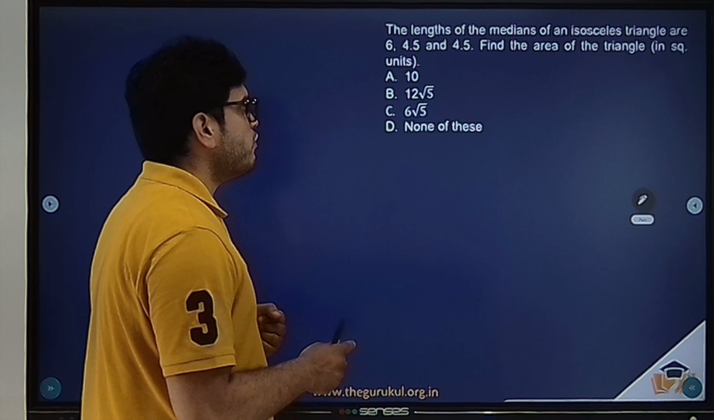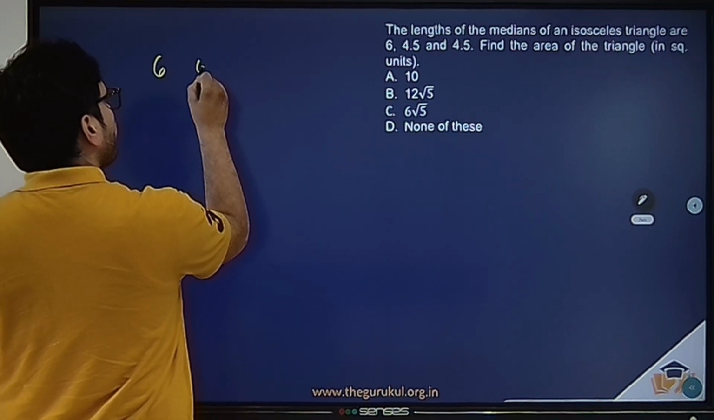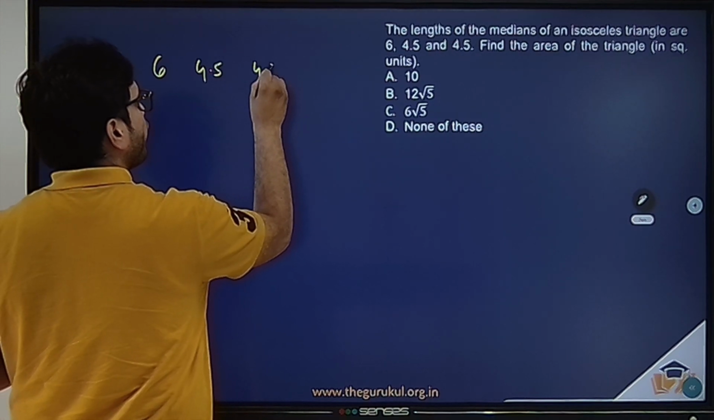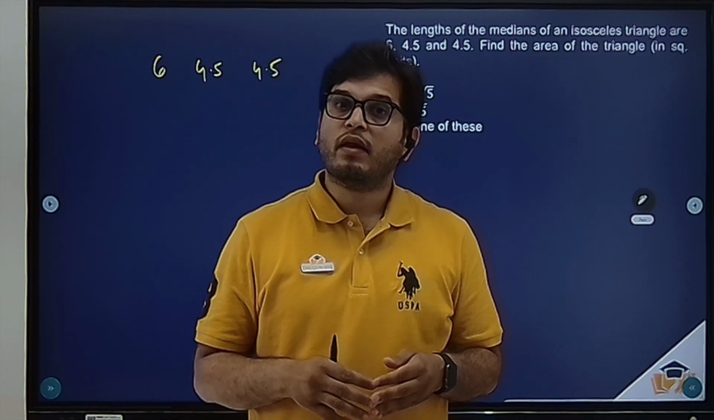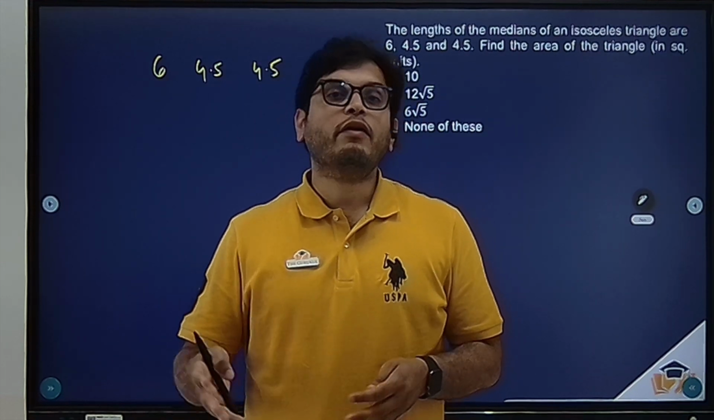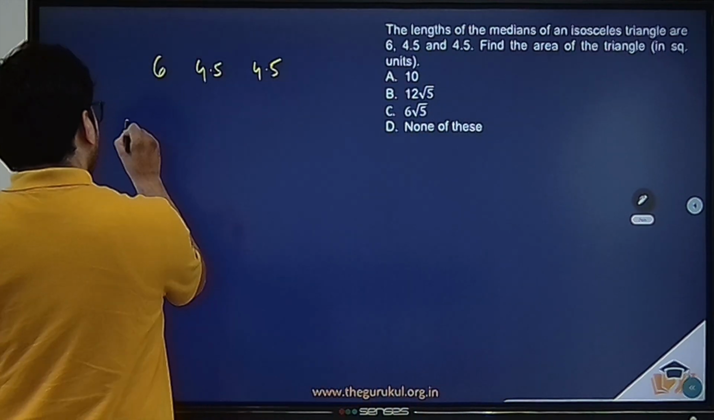Now coming to the first question: the lengths of the medians of an isosceles triangle are 6, 4.5 and 4.5. Find the area of the triangle. Right, so we are given the lengths of the medians and we are asked to find the area of the triangle. Now the area of a triangle